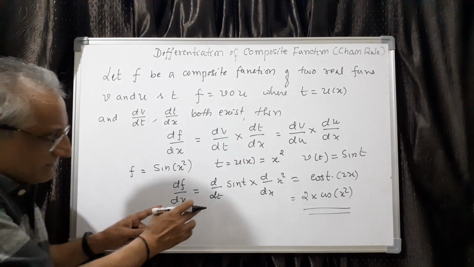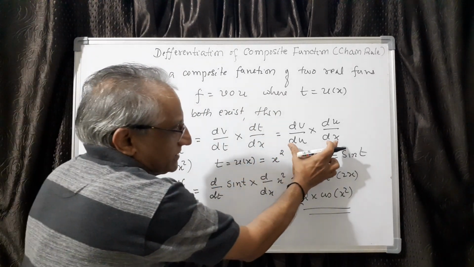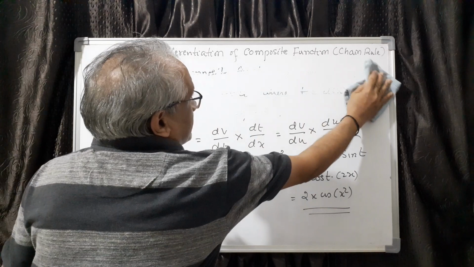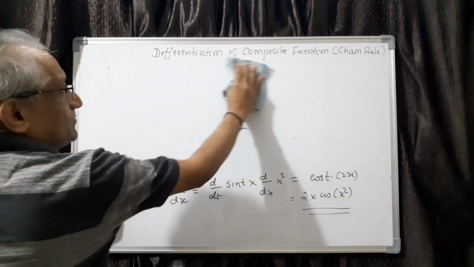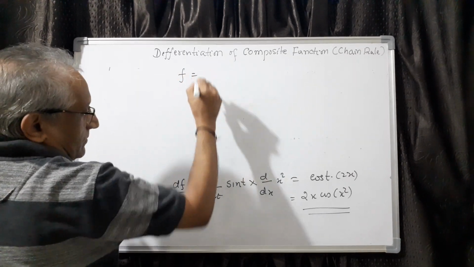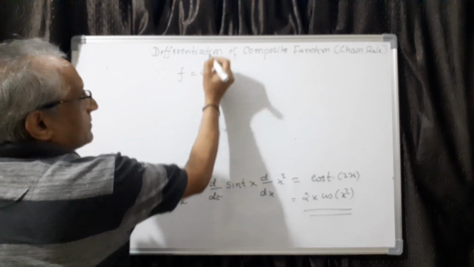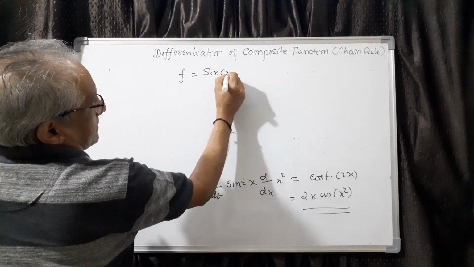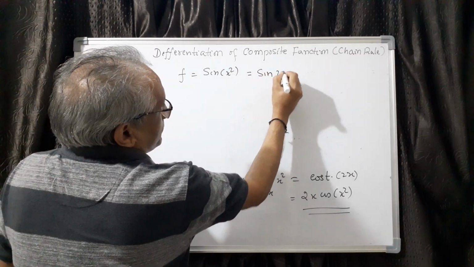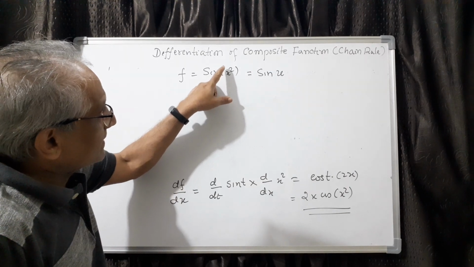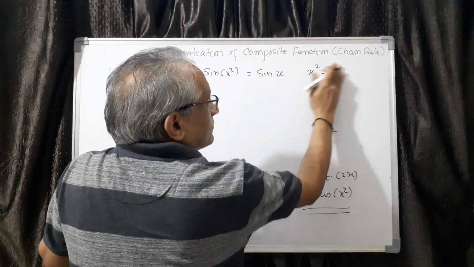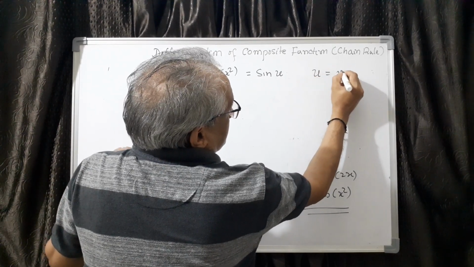But this is a little bit confusing if you do it like this. The best method is using this formula, that I will show you. In the beginning I did one question based on that method, so let me take the same question, so you better remember that method. Let us take f equal to cos of sine of x square. So you take this as sine u. This is the inner function, that x square you are taking as u. Here you write x square equal to u, or u equal to x square, both you can write. So u equal to x square.